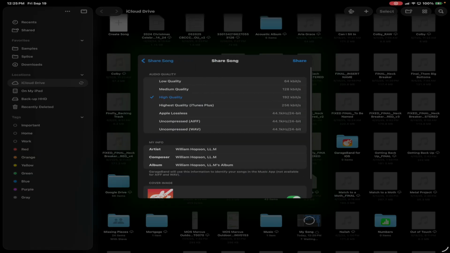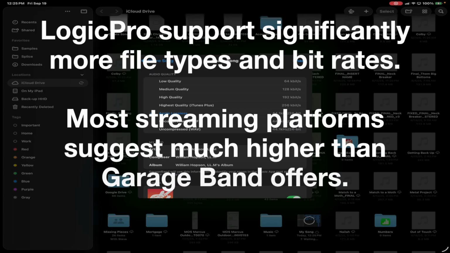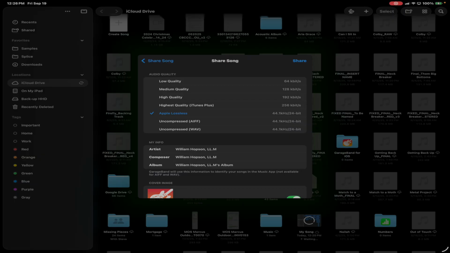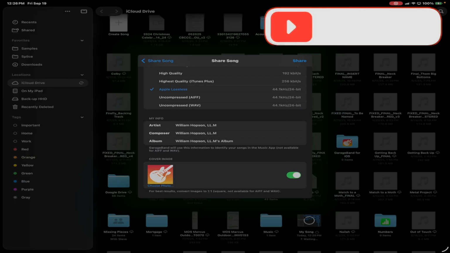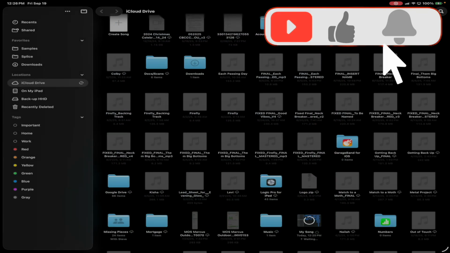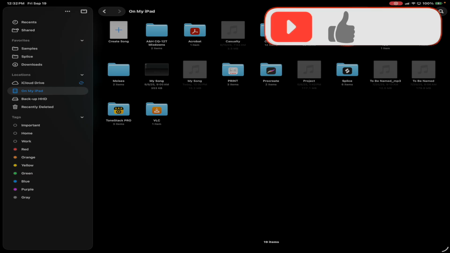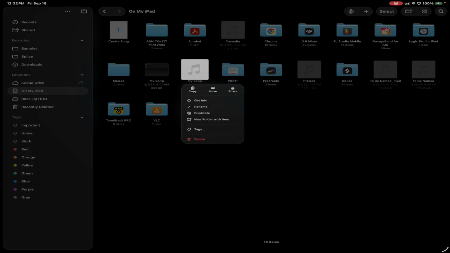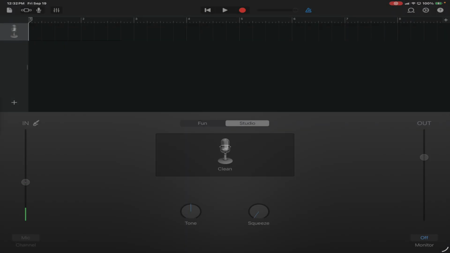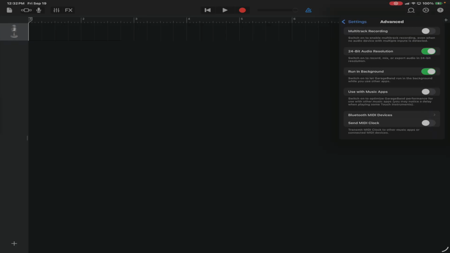By exporting it as a song, I can pick my quality. Let's just do Apple lossless. Generally, I actually do 48 or 96 kilohertz at 24-bit, but as you see, there is no option here for custom. So this is what it is. It's got my name. I don't want to camera image share. All right. So now that that's done, in order to master in GarageBand, we have to export the song, and then